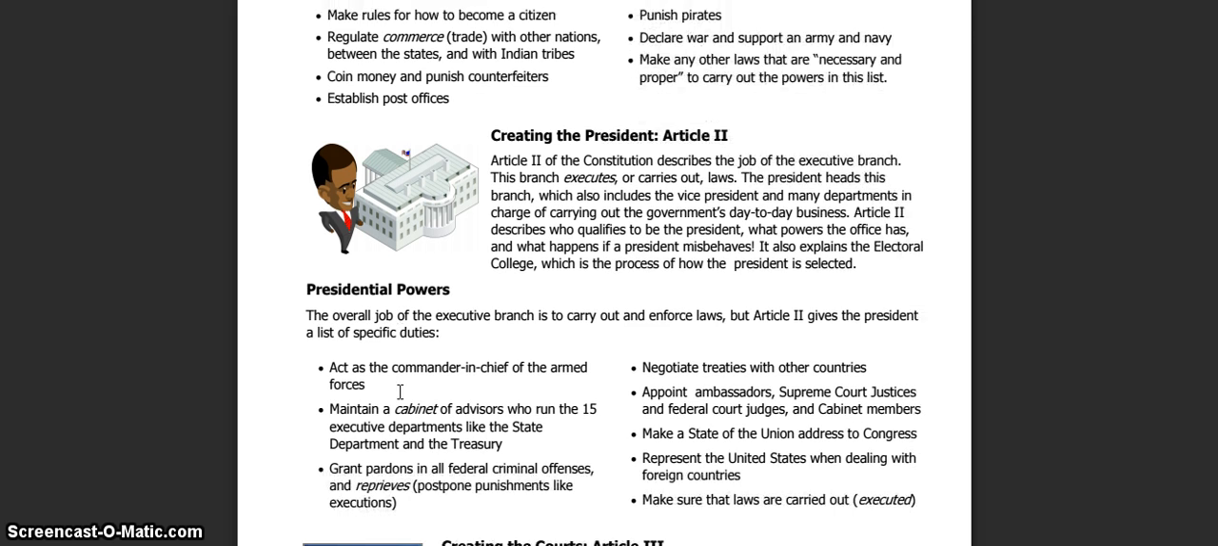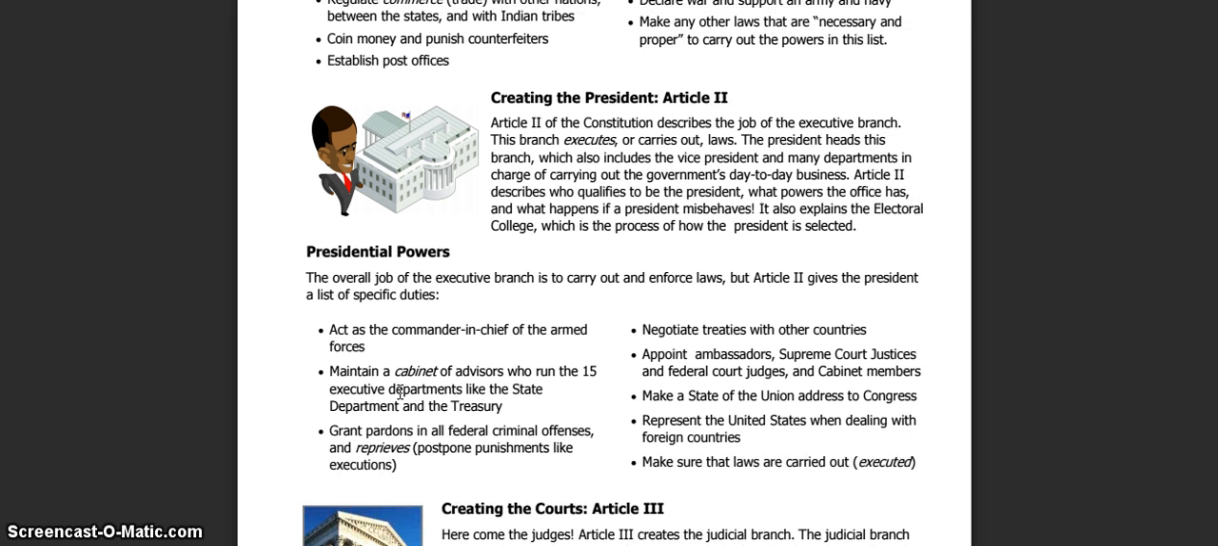Presidential powers. The overall job of the executive branch is to carry out or enforce laws. But Article 2 gives the president a list of specific duties. To act as the commander-in-chief of the armed forces, to maintain a cabinet of advisors who run the 15 executive departments, like the State Department and the Treasury, to grant pardons in all federal criminal offenses and reprieves, postpone punishments